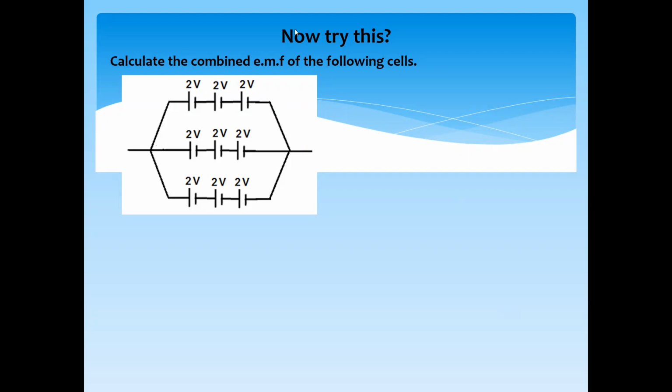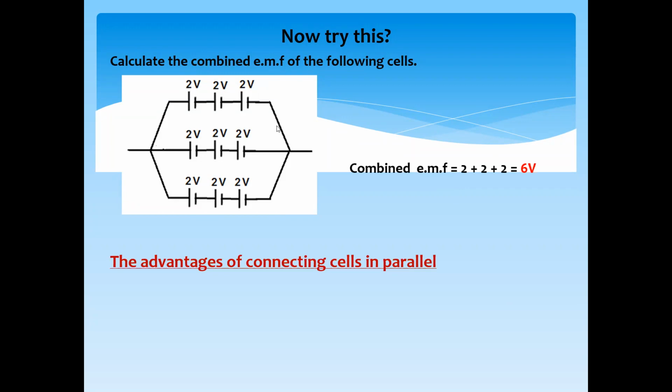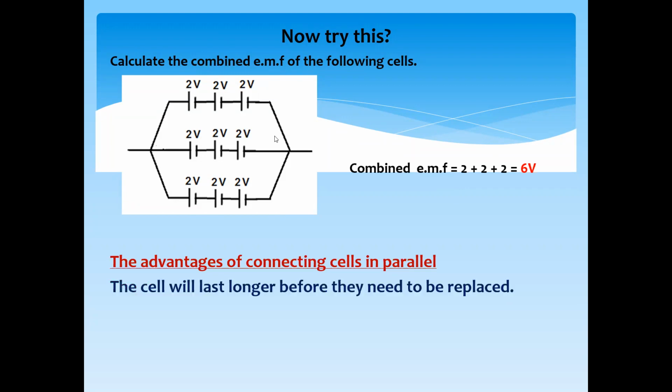Yeah, that is 6. Why? Because this combination is 6, 6 and 6, and they all are in parallel, so the combined EMF will be 6. What are the advantages of connecting cells in parallel? The cells will last longer before they need to be replaced, and it can provide a higher current